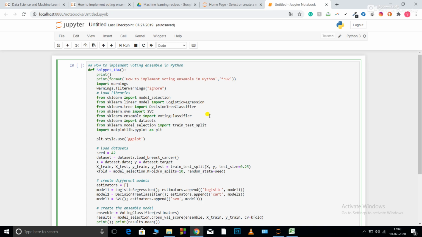So basically the voting ensembling method is of two types. One is the voting regressor, and one is the voting classifier. A voting regressor calculates the average of the values. Voting classifiers can be of two types, hard voting and soft voting. Hard voting picks up the value of those models which give me the maximum result.